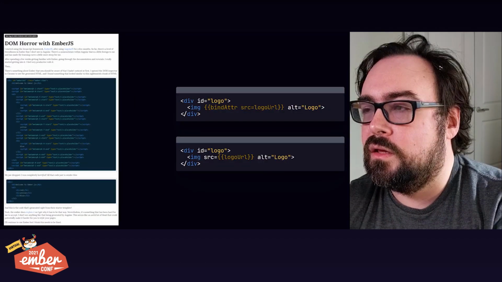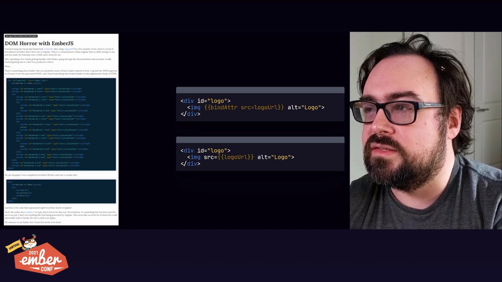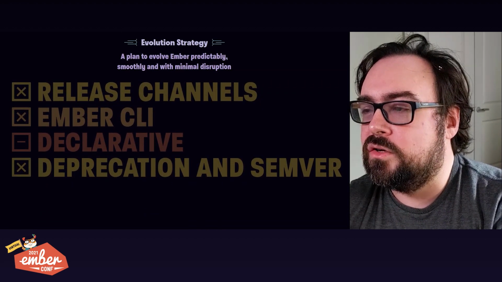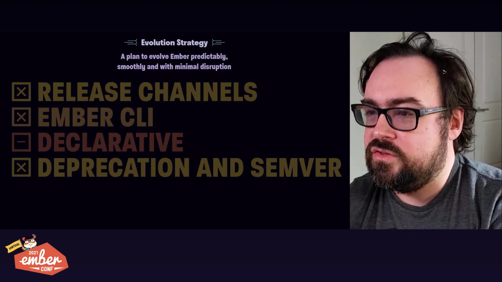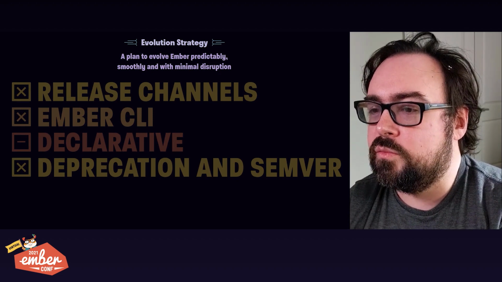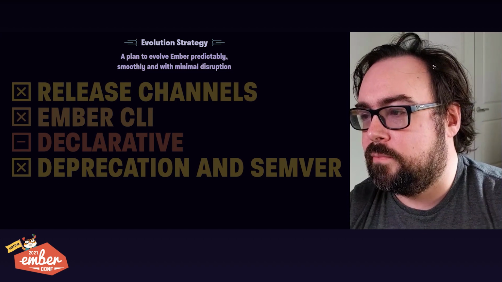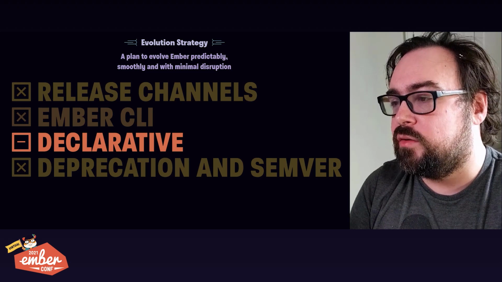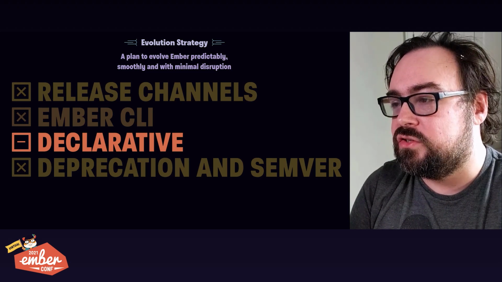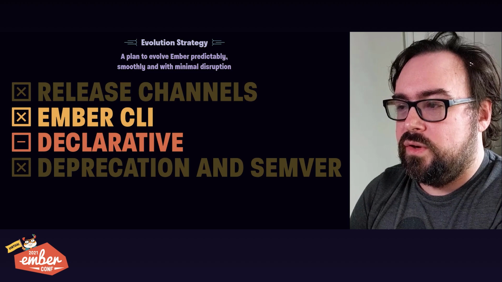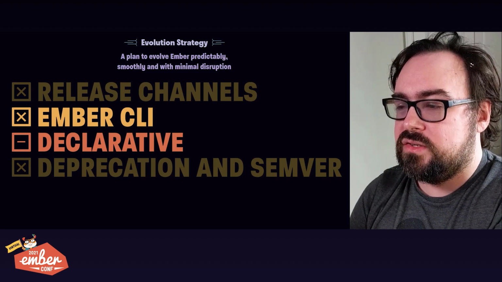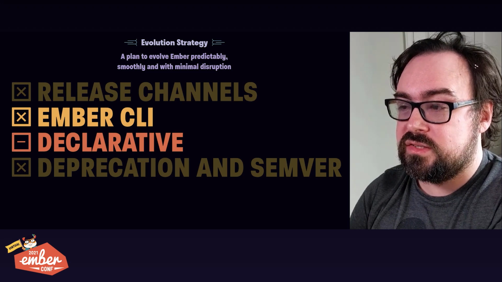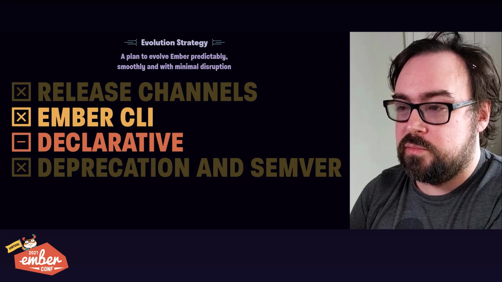Ember's first templating engine was a variation of Handlebars' normal string-based story, but that had some serious limitations. These solutions were reasonable compromises when we got started, but it was really time to do something about them. Here's the good news. Our evolution strategy that we'd been building so far was a really good fit for what we were trying to accomplish here. First, the new HTML compiler takes advantage of the declarative handlebar syntax to swap out the implementation entirely. Second of all, we had already created an Ember CLI HTML add-on to precompile templates. Because we did that, the Ember CLI HTML add-on can be updated as part of an Ember upgrade.